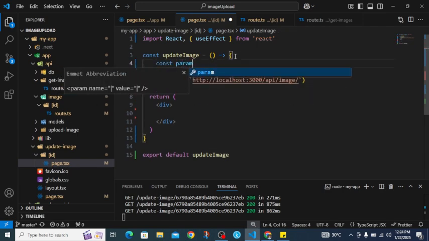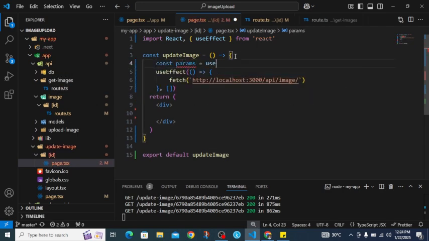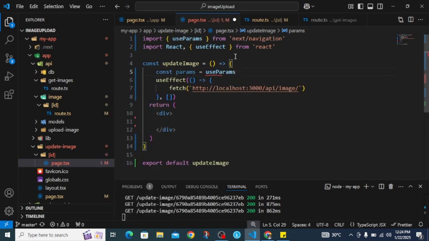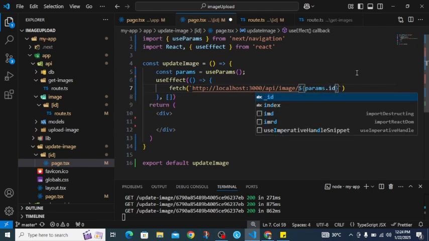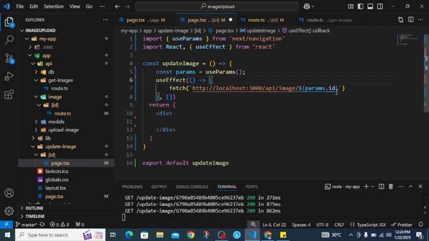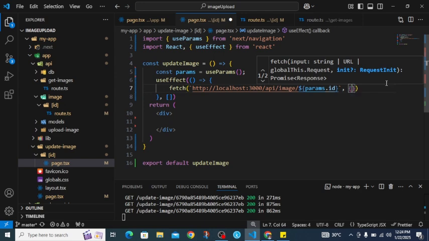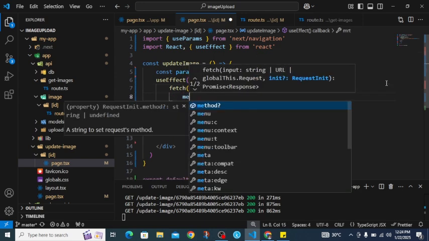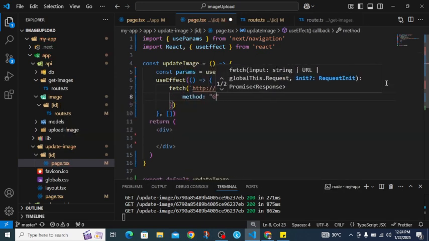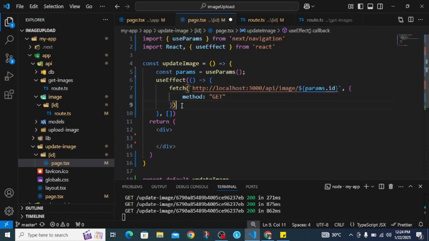Const params will be what? useParams from next/navigation. So we'll come here and say $params.id, just like this. Next we'll give it a method of GET. We're getting, of course, method GET,